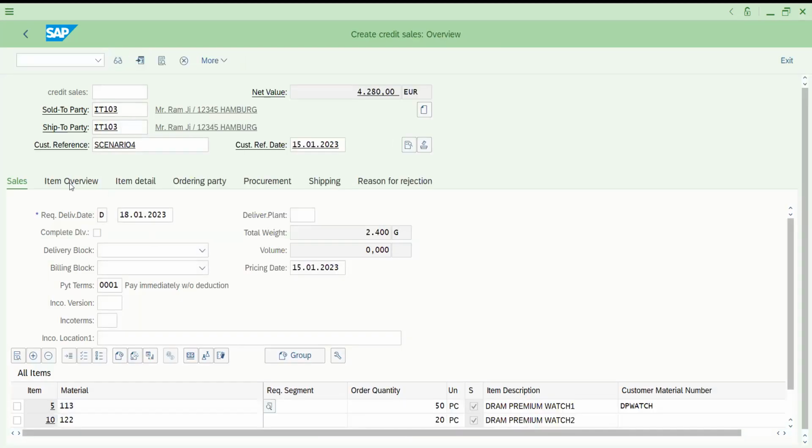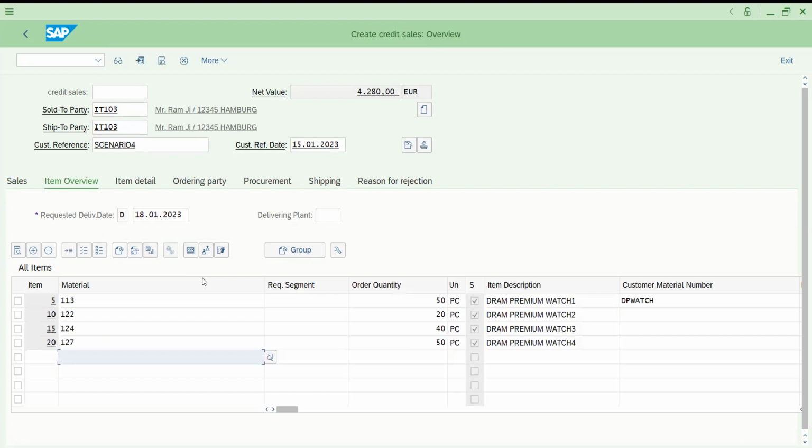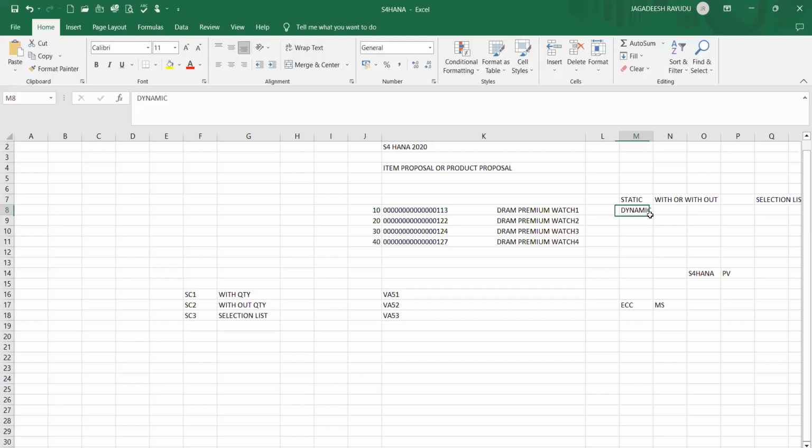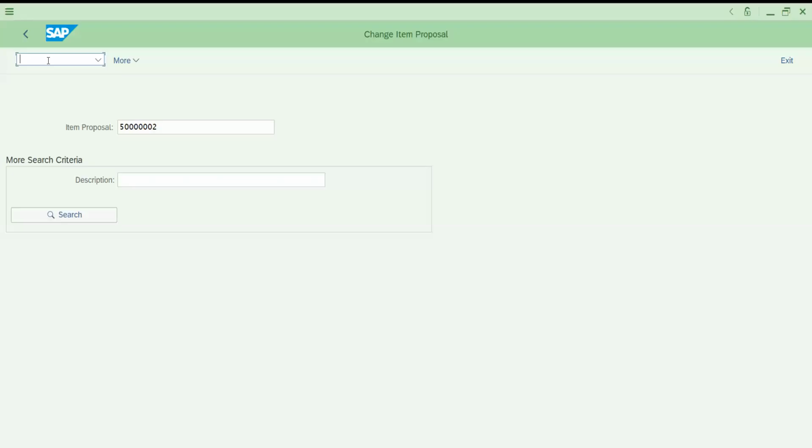Okay, now go to the item overview. You can see this. The only thing is that dynamic means it automatically gives the proposal with all three options. So here you are manually entering. That is the only difference. Otherwise, if you go back to the configuration,